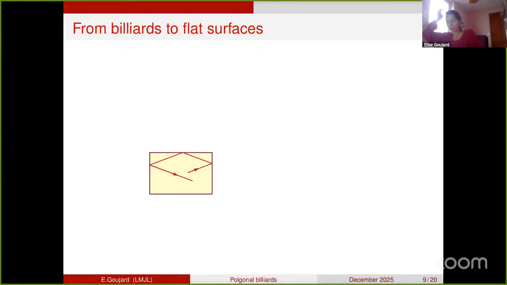Let's consider the example of the rectangular table, and let's prove the first result, basically, this dichotomy result. So how do you do that? The only annoying thing about this system or this trajectory is the reflection along the sides. This change of angle is really annoying. It's a discrete change. But